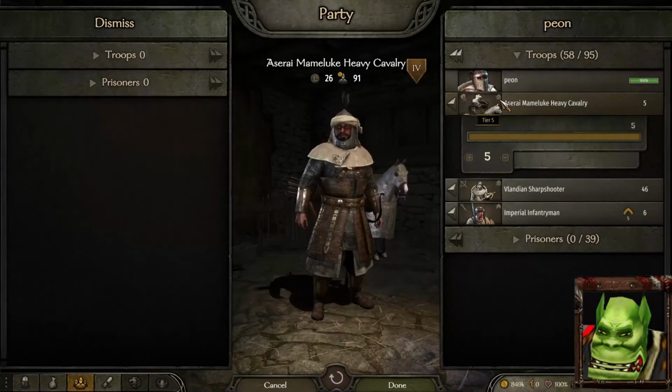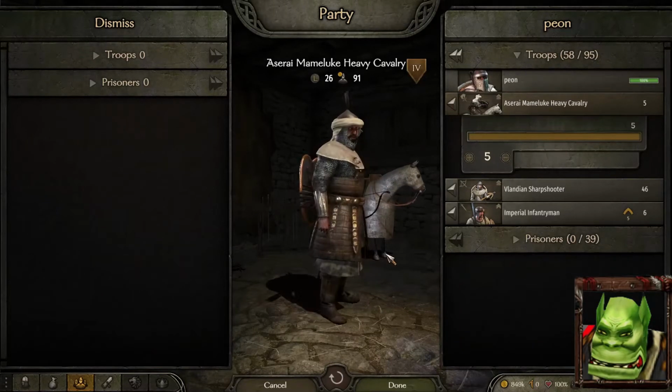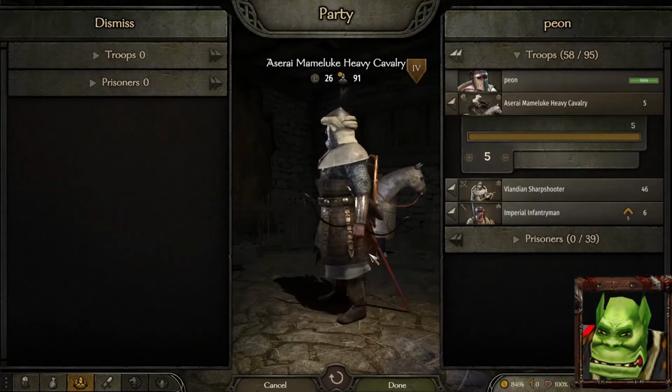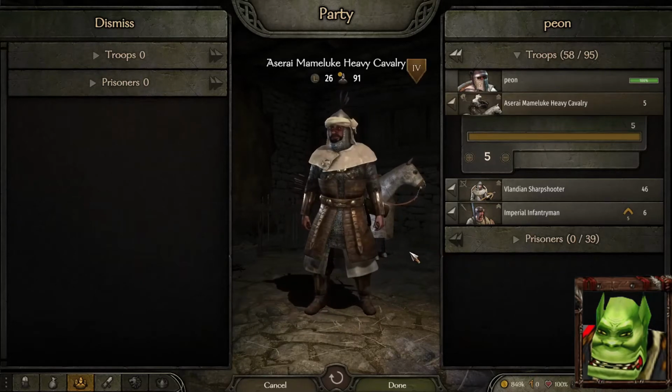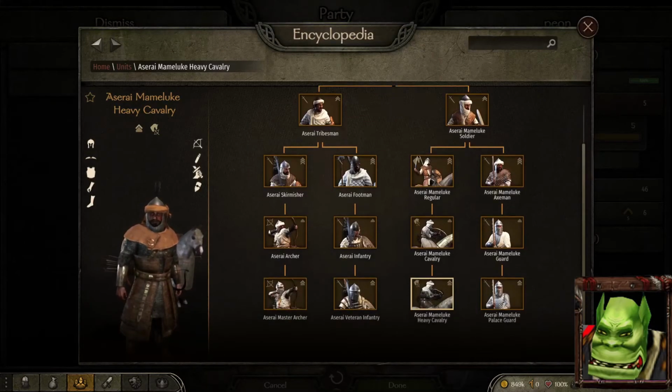Now for my top 3, this will be given to the Aserai Horse Archer. So right now, Horse Archers in general are very strong in the mod's meta. You can basically skirmish enemies to death without them even being able to catch up. Horse archers can win even when outnumbered, and you will rarely lose fights running a purely